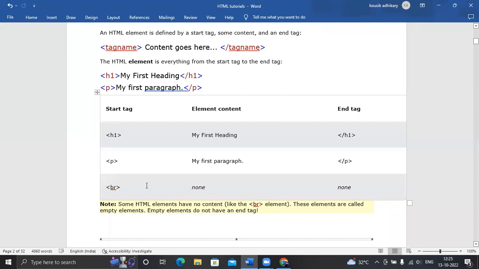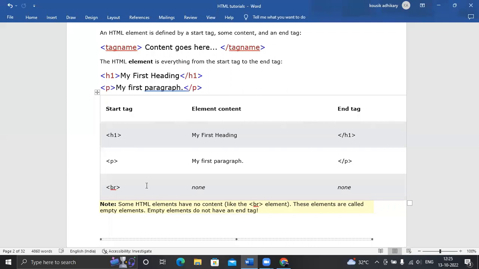And there is a BR. Suppose there are 100 tags in HTML; maybe 10 to 15 of them don't have any closing tag, but the rest have one, like H1 tag, paragraph tag, title tag, body tag, head tag, HTML tag.